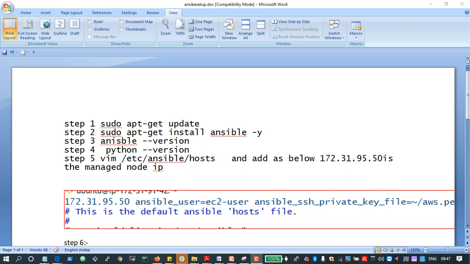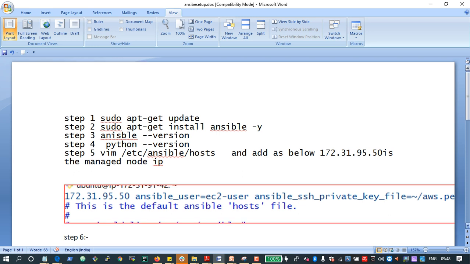The IP which I have given is that of the managed node. You can see here, 172.31.95.50 is the managed node, and I have given ansible_user ec2-user, and for the Ansible SSH private key file I have given aws.pem. You can give your own. So remember, in /etc/ansible/hosts you have to make this entry.